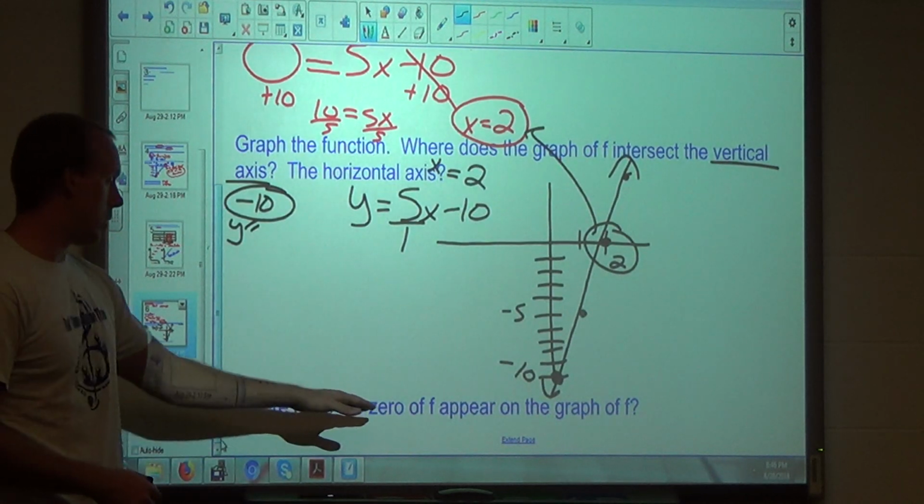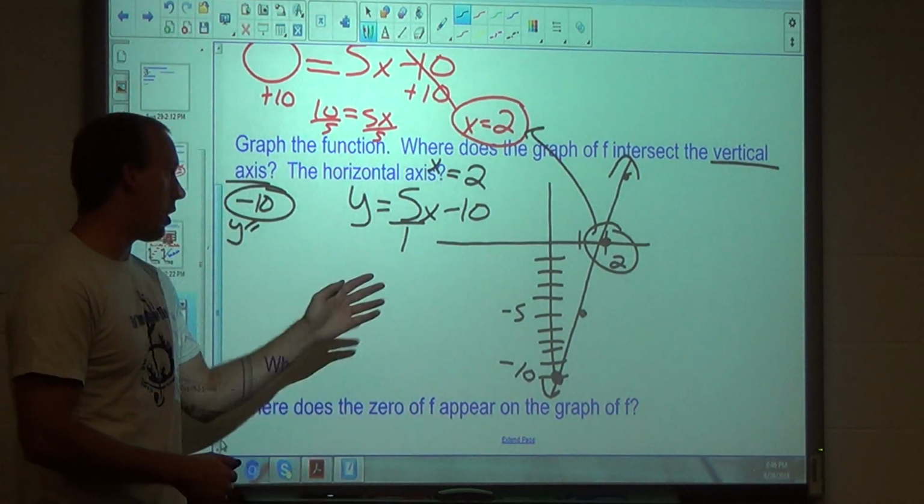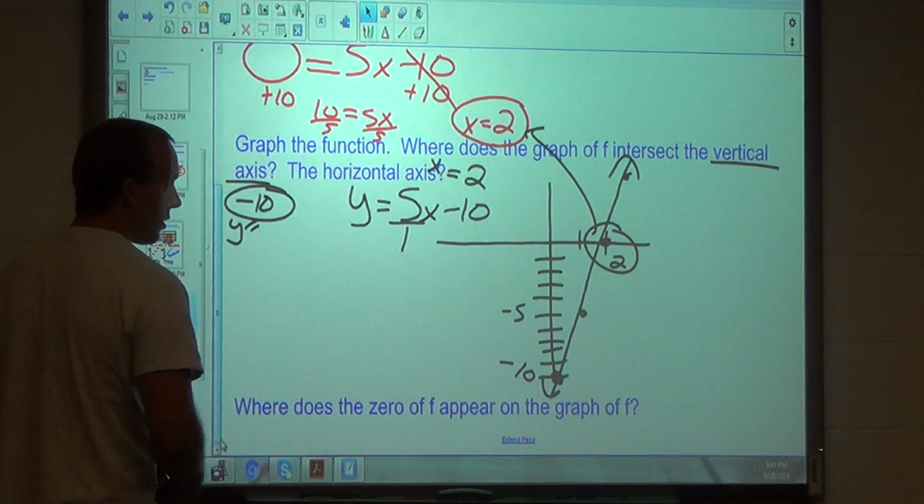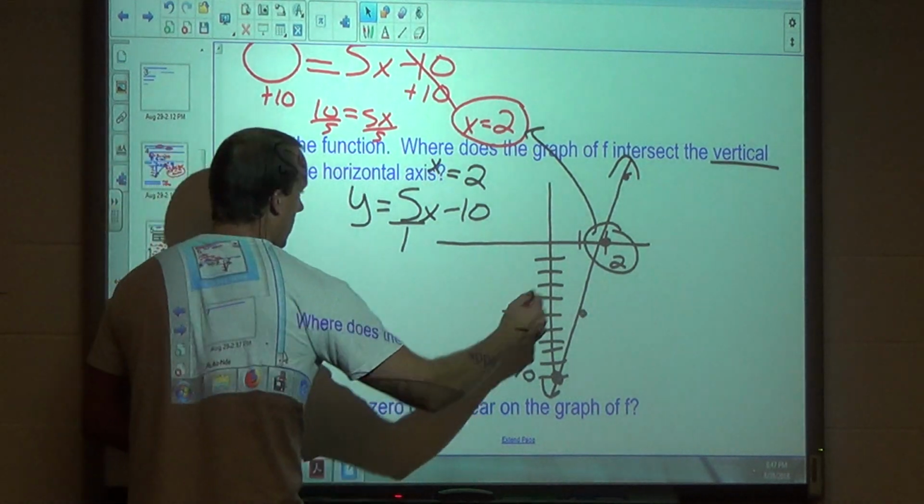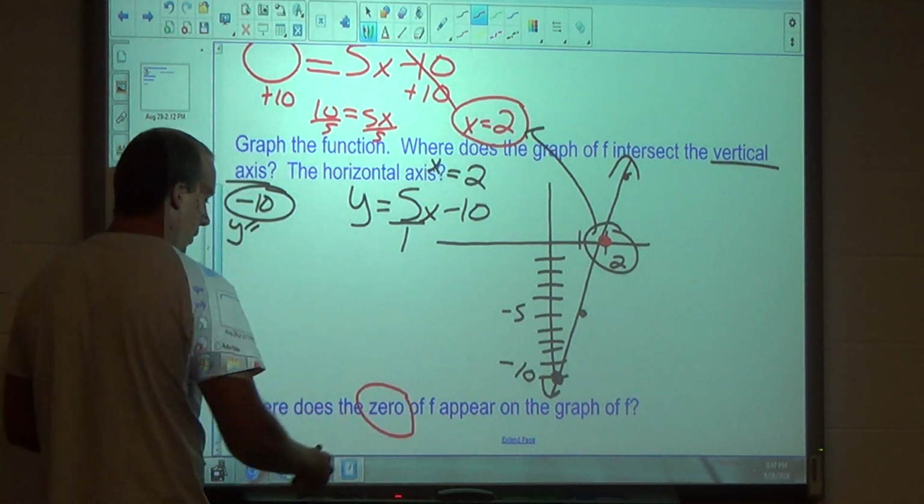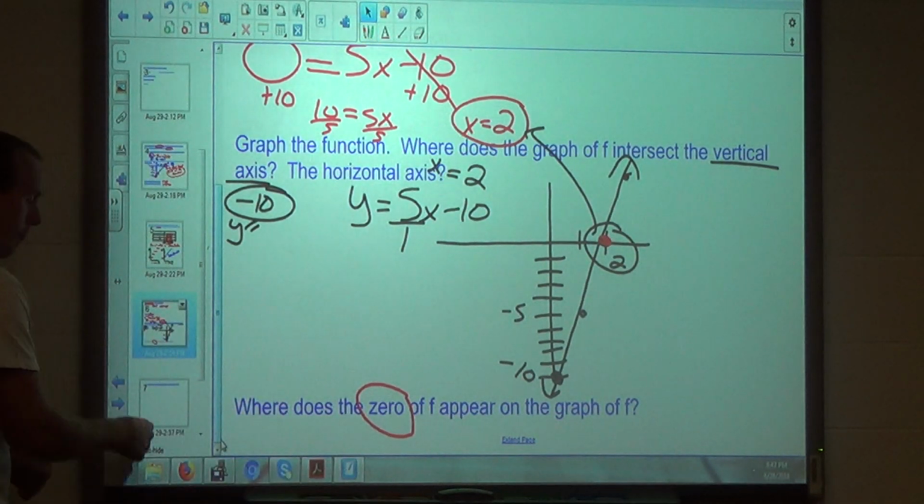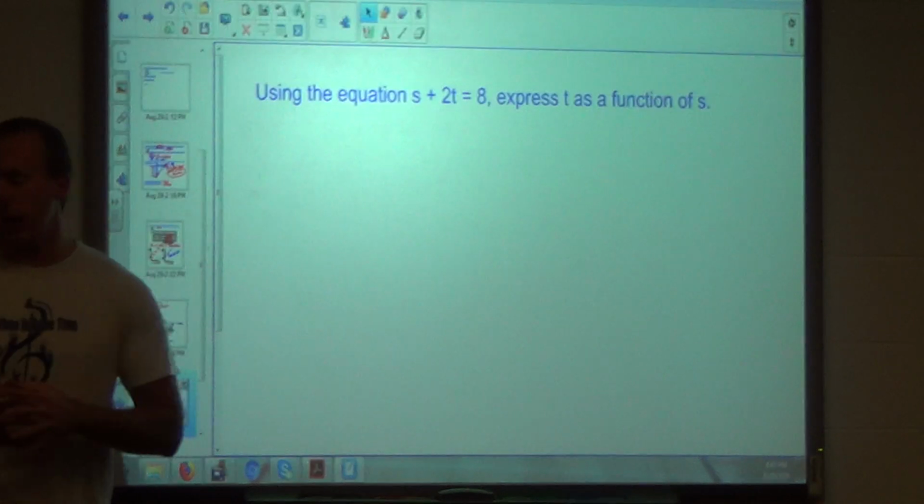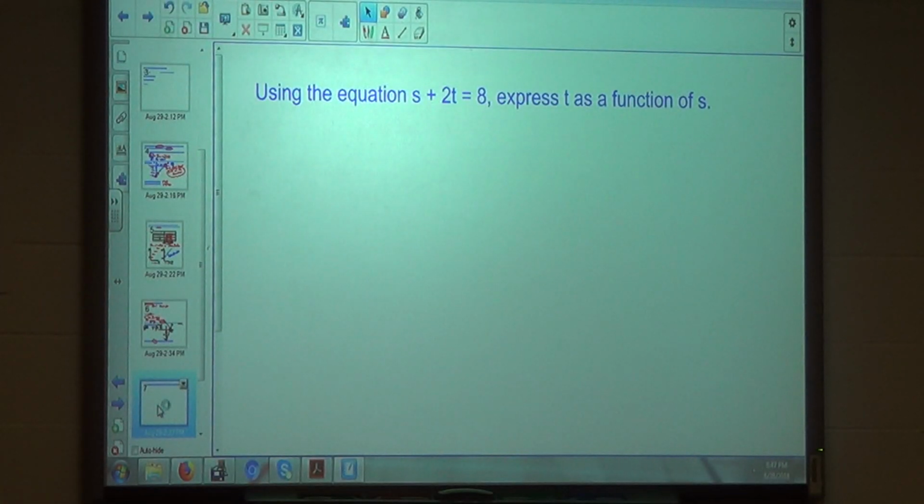Okay, and where does the zero of f appear on the graph? Well, we already determined that. It appears at x equals 2. And again, that's the crossing point on the x-axis, and that is called the zero of the function. Okay, and last thing we need to know today, using the equations, s equals 2t or s plus t